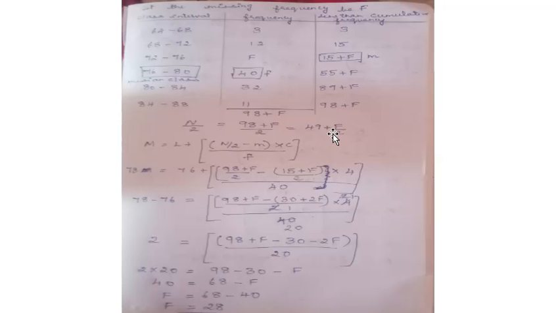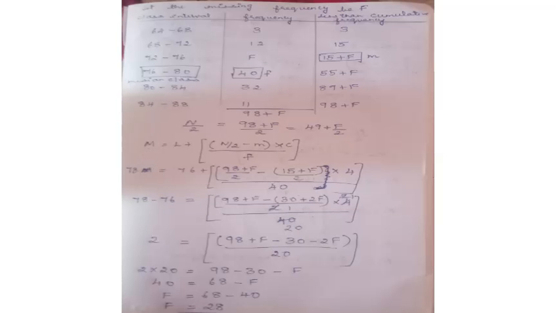After that you have to check the class here, whether you have 49 plus F divided by 2. You have 40; search for the number 49 here, whether you have 49. No. The next highest number is 55. So 55 plus F, the class to the right of that number, is considered the median class, that is 76 to 80. Then the previous number of that class, 15 plus F, is m. Okay, so once you get these values, you can substitute into the formula.